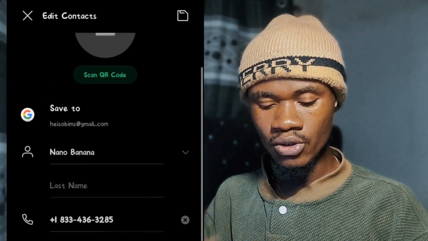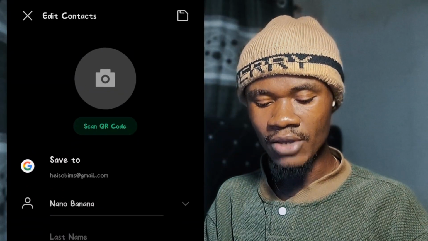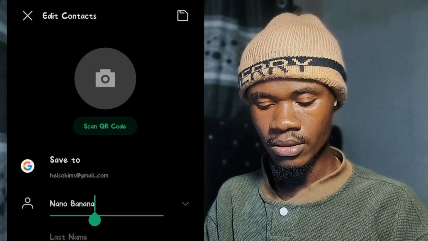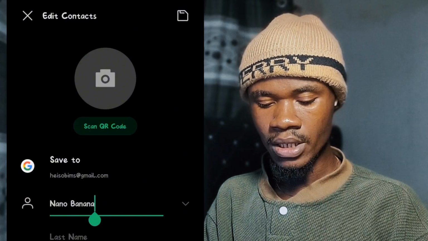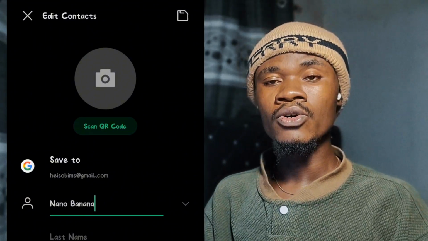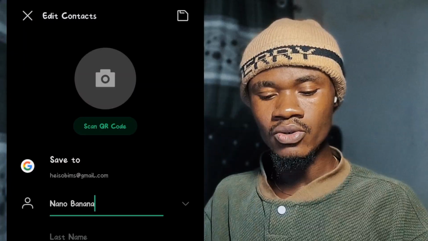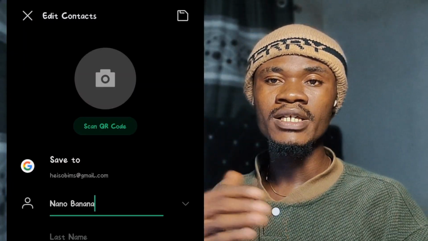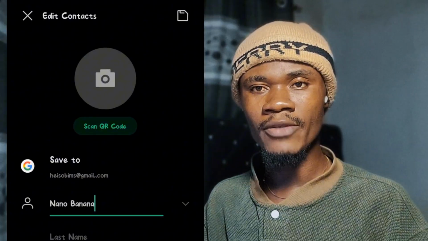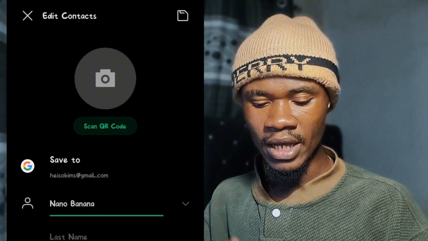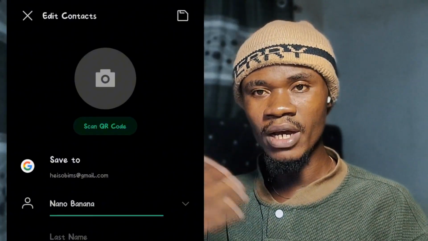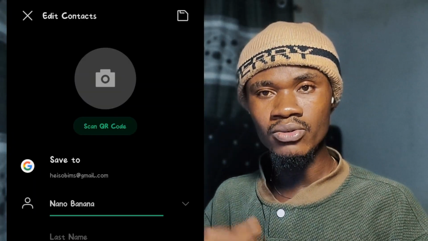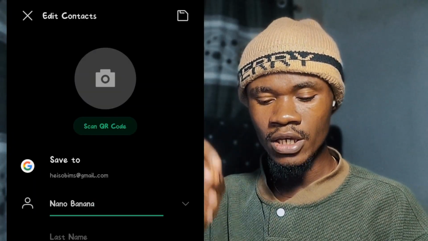So for me, I'm just going to save it with Nano Banana. Right? So you can also save it to your email address so that even if anything happens to your smartphone, you can easily access it anywhere. You can easily back up and restore your contacts through your email, and you can still have the contact saved in your